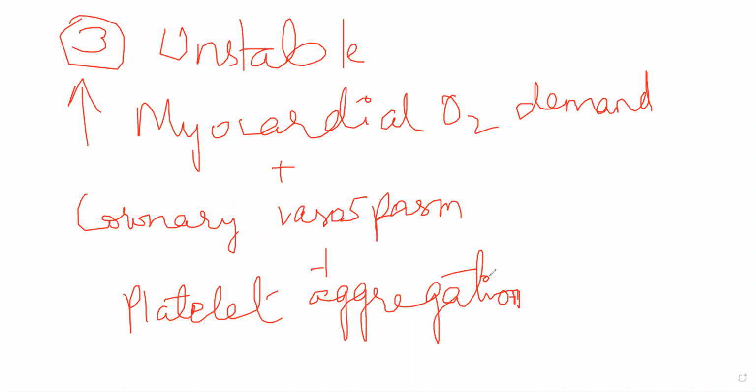Now, the idea behind anti-anginal drugs, or drugs that are used to treat angina, is to improve the balance between oxygen supply and demand. Essentially what you are trying to do is decrease the demand and increase the supply. You can do both together. You increase the oxygen supply to your myocardium by dilating the blood vessels. If you dilate the coronaries, then oxygen supply will increase. That is one way.